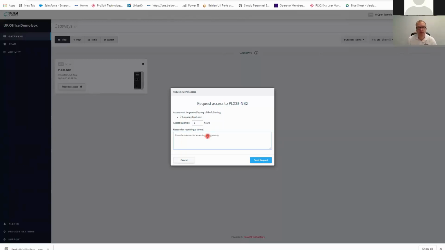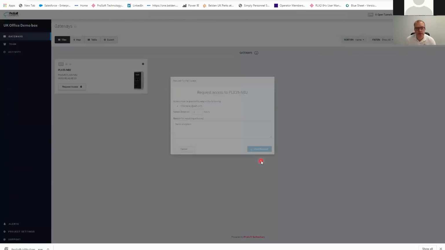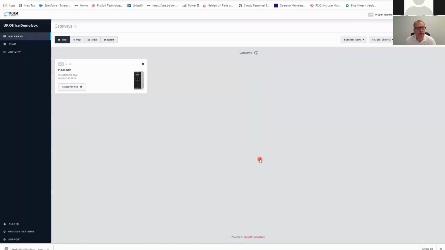So I then need to put a duration of the time that I want. I can increase or decrease the time, and then also provide a reason why. So, demo of the system. That then sends a request to the administrator. Now, you'll see here again, the access is pending. So what I'm going to do while I wait for that is to quickly